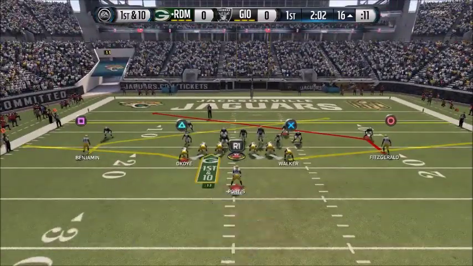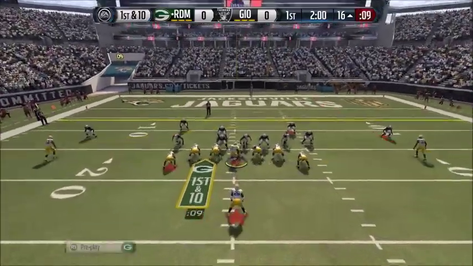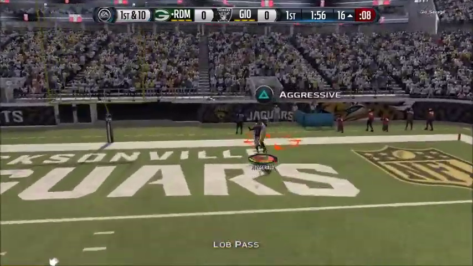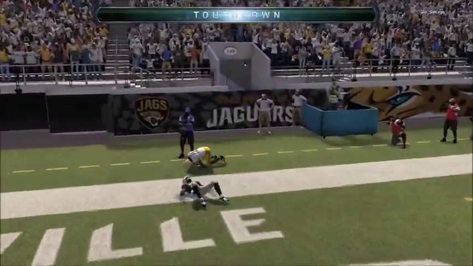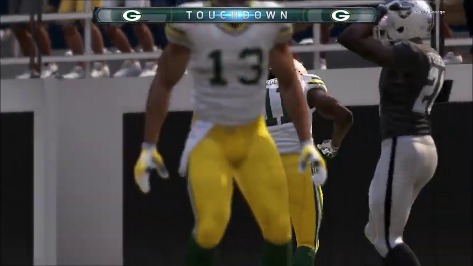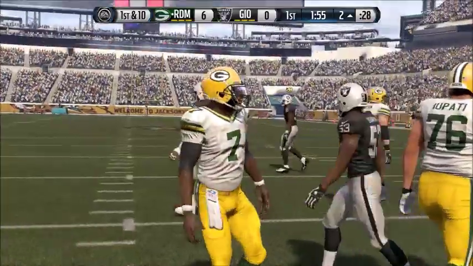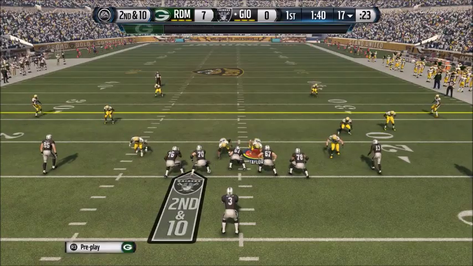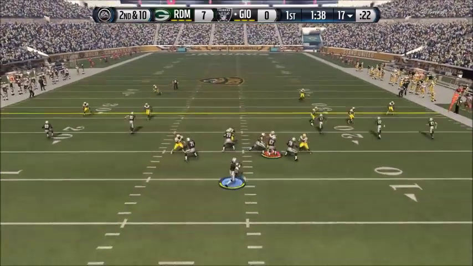But we see Fitz on the right-hand side. He's definitely going to be one-on-one coverage. And someone of Fitz's quality, you know he's going to come down with it. We lob it up to him, and he does indeed come down with it. And we get a nice touchdown early on in the game there. So we're 7-0 up, really early in the game. That's pretty much what I wanted. Just get a nice early turnover, get Clinton Portis involved, get some good throwing involved, and just try and go